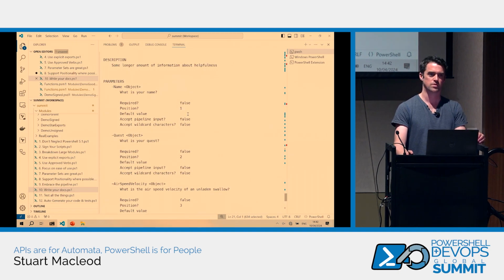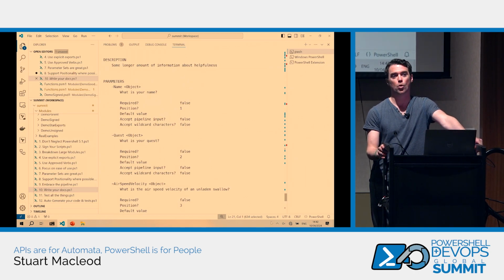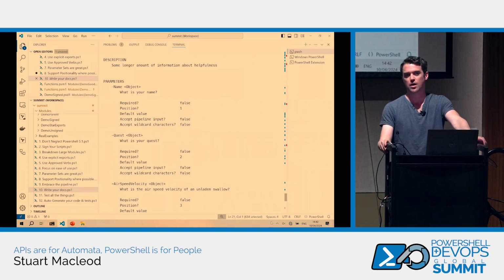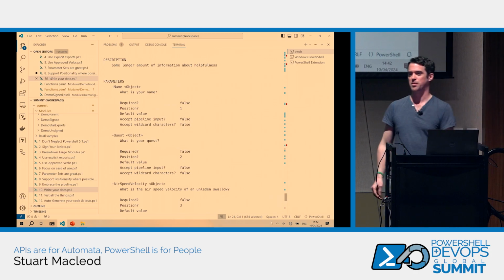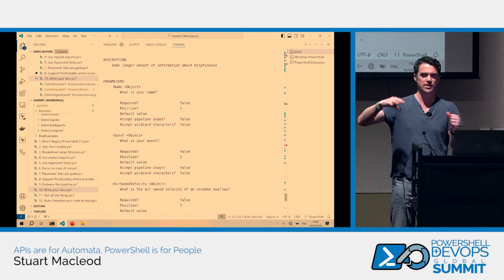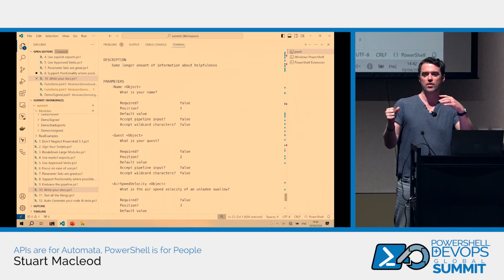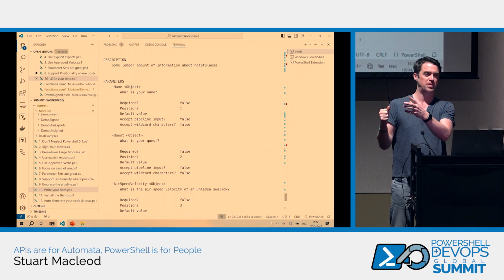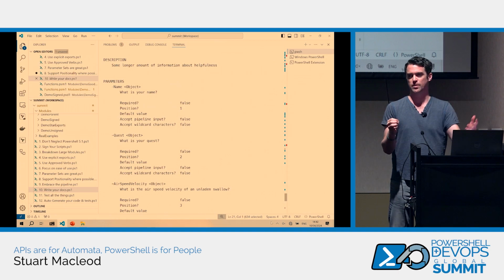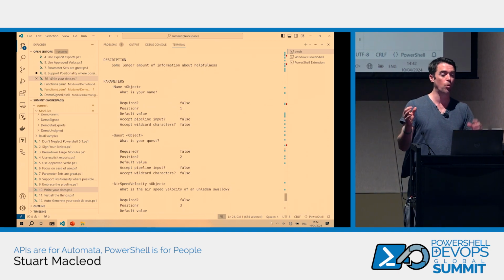Question? Awesome. So the comment from the audience was, in VS Code, if you do 2 hashes, then it will auto-populate the boilerplate for this, which is tremendously helpful. We recently started doing it in platypus. We were reading help docs primarily from our API spec, so we had to write a bit of a boilerplate around it. And then we were basically populating function help with platypus, which generates a whole bunch of markdown, and then that gets squished into a giant XML, which gets shipped with the module. So if you're doing it at scale, you might not be doing comment-based help, but what you get out is